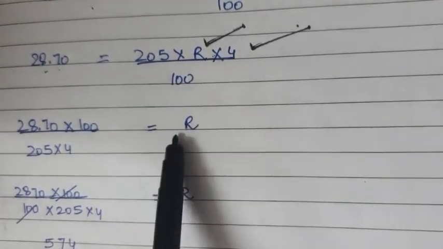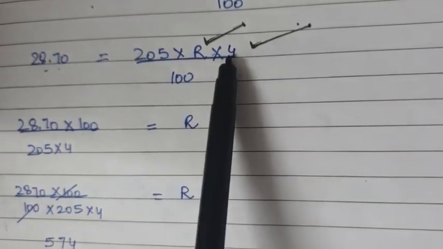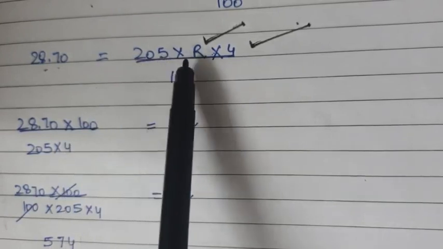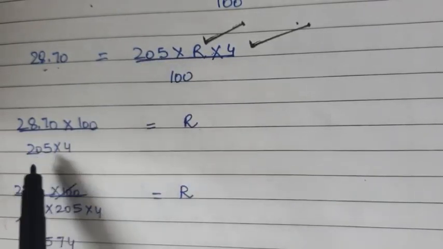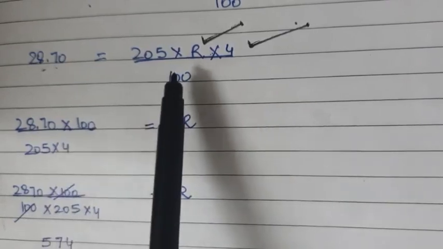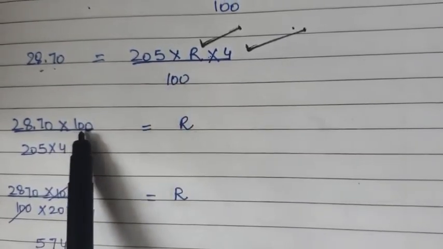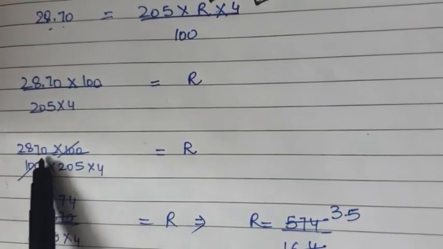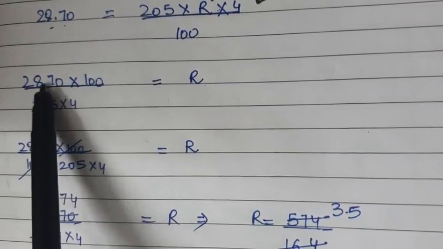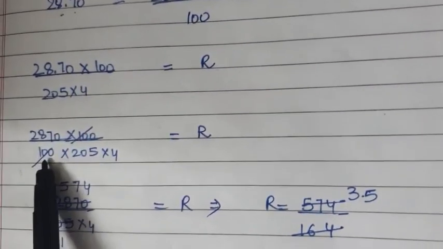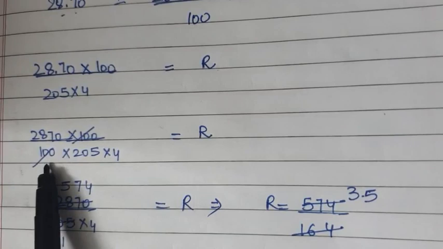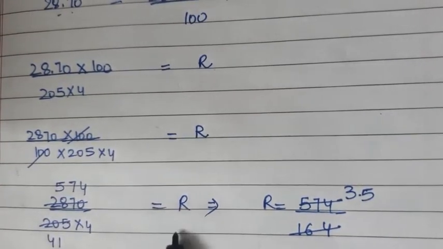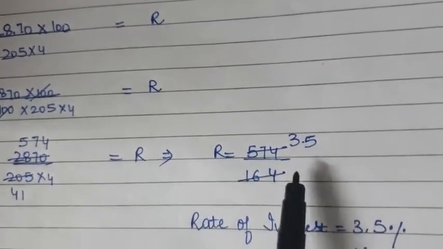So now you have to do the calculation part only. Now R will remain here. 4 is getting multiplied, so it will get divided. 205 is getting multiplied, so it will get divided. And 100 will go in the numerator. So now on doing the cancellation, see, remove the decimal. So 100 will come in the denominator. Now 100 and 100 will get cancelled, and on calculations R is coming